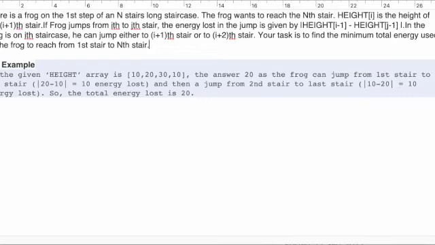And today we are going to solve this problem, which is called frog jump. The question is that a frog can jump from the first step to the nth stair. And the frog has to reach the nth stair, and the height of the stair is given by the